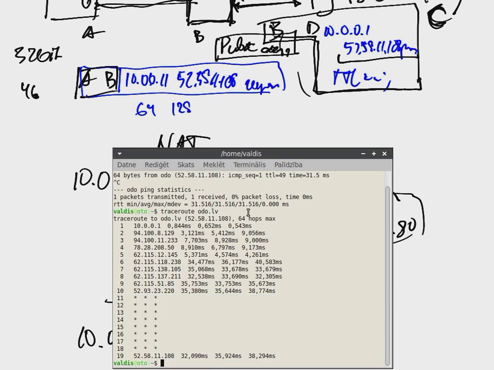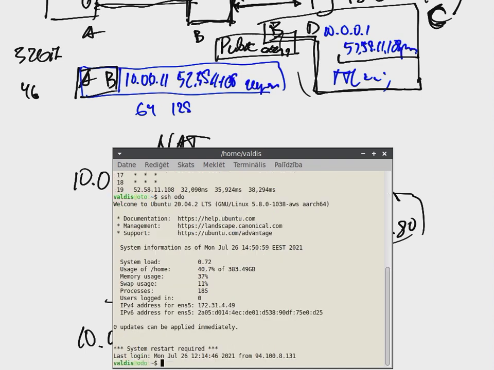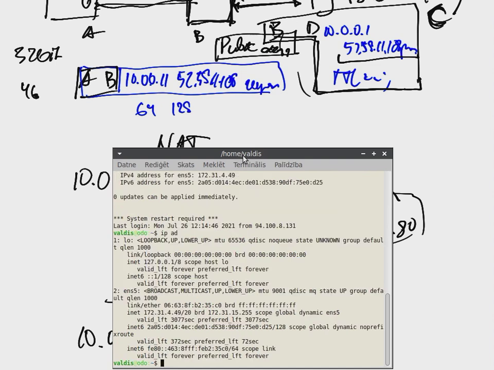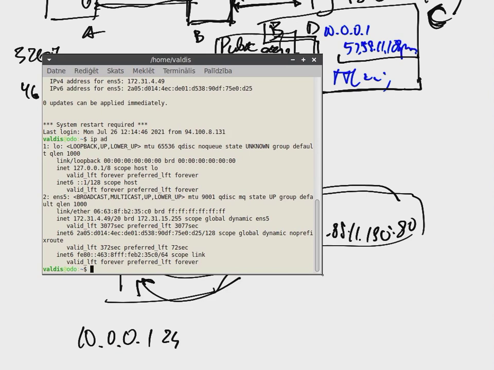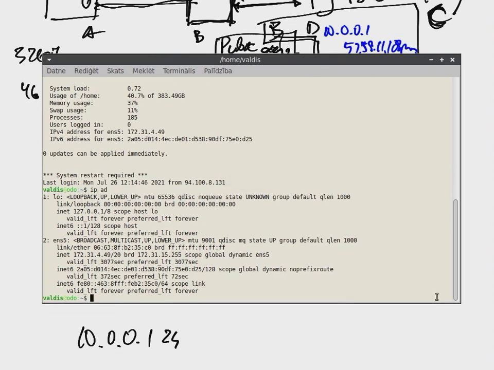Fortunately, for Internet Protocol version 6, network address translation is not allowed. And for Internet Protocol version 6, you have this same old school approach, for example, this Odo.lv server also works with Internet Protocol version 6.